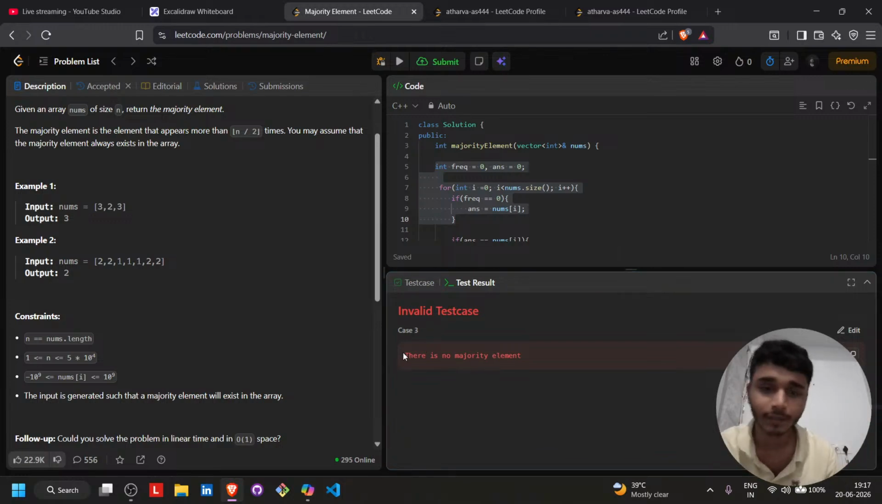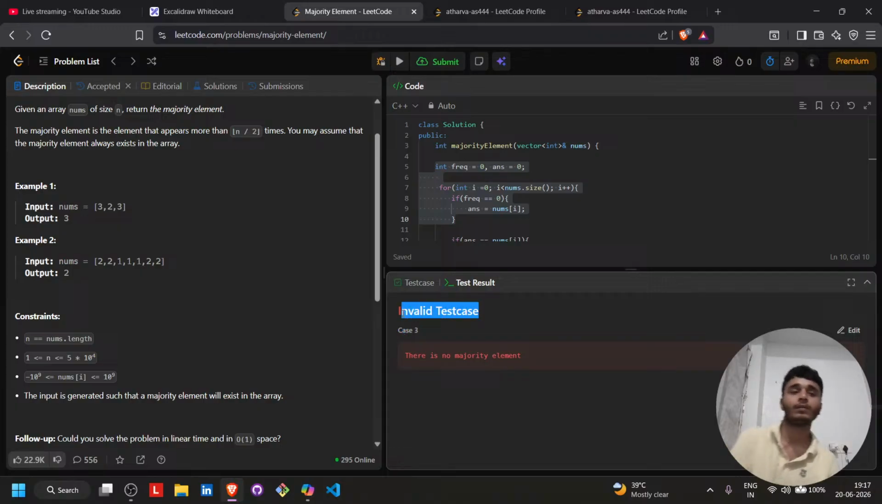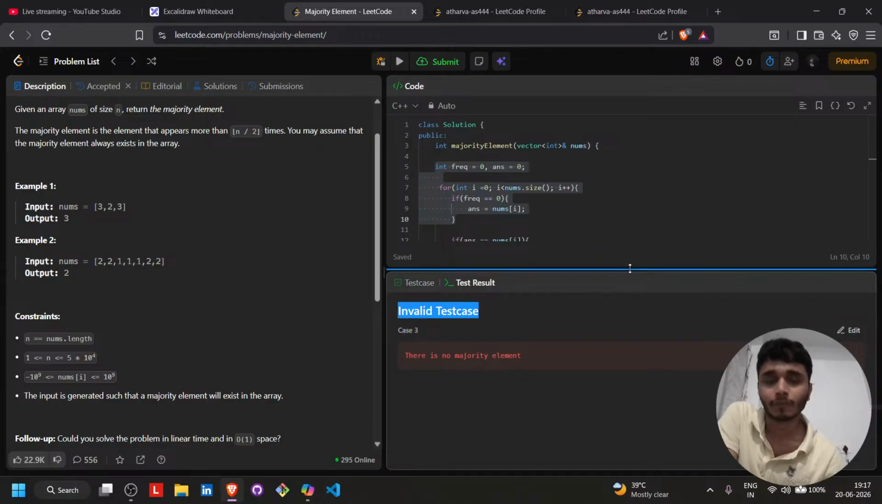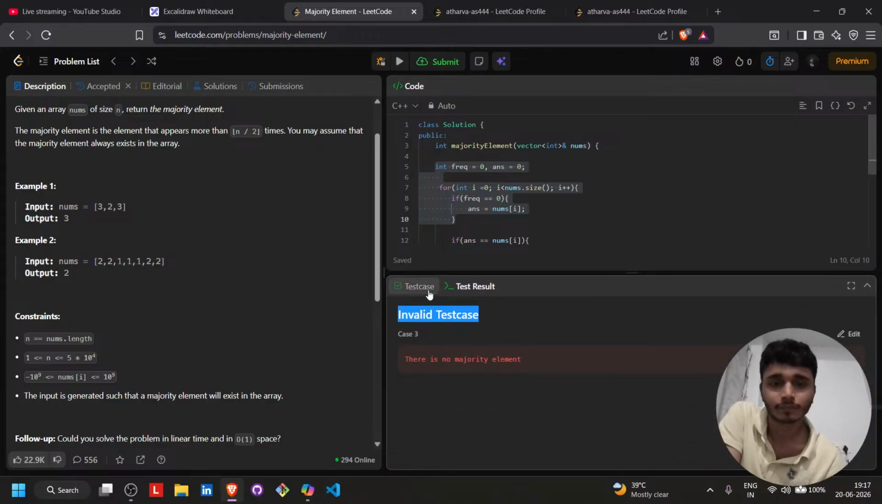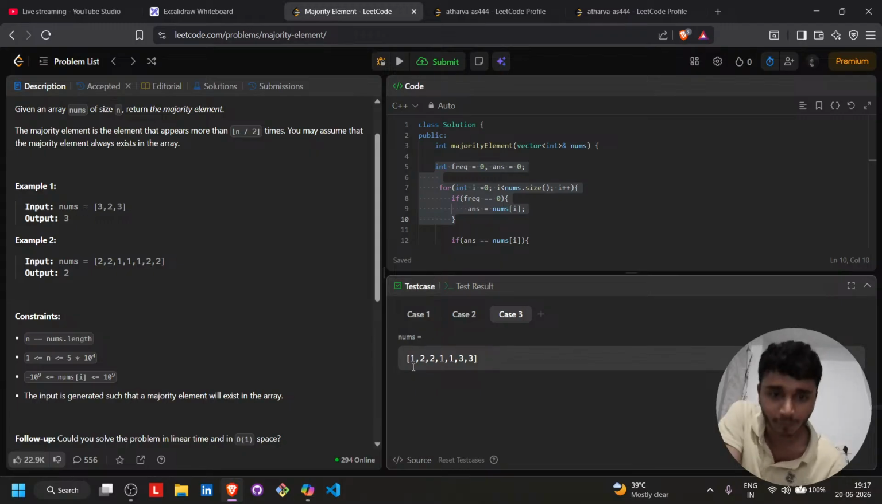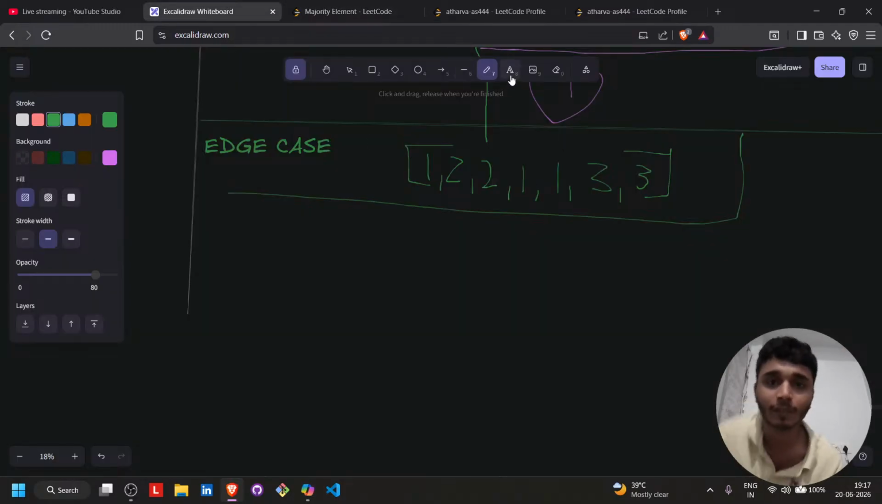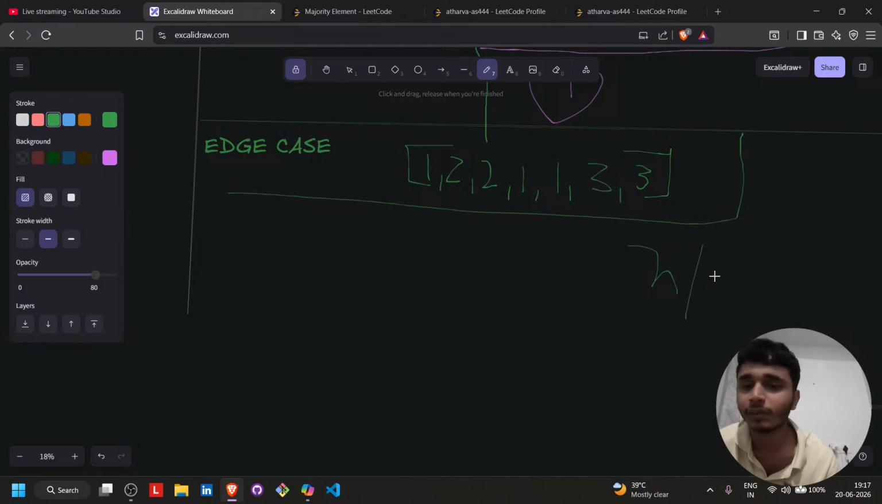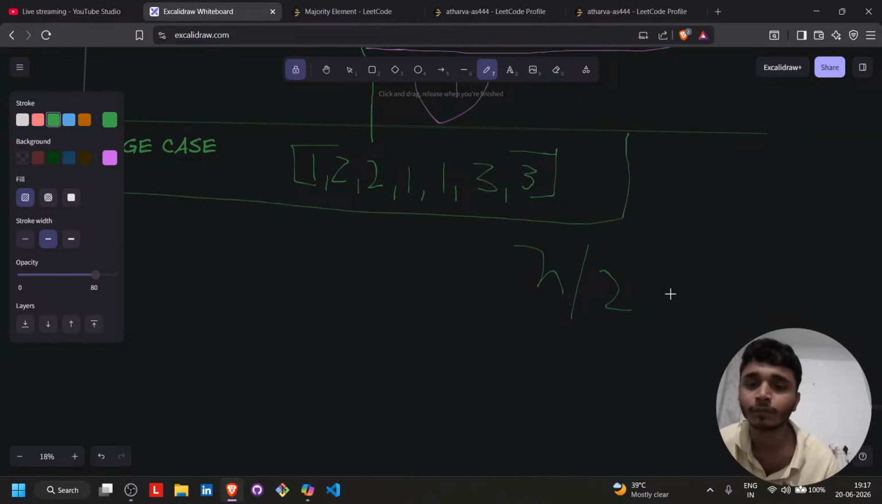See, this is saying that there is no majority, print invalid test case, because no element can occur majorly here. If we divide the number of elements here, what will it give? Divided by 2 will be equal to